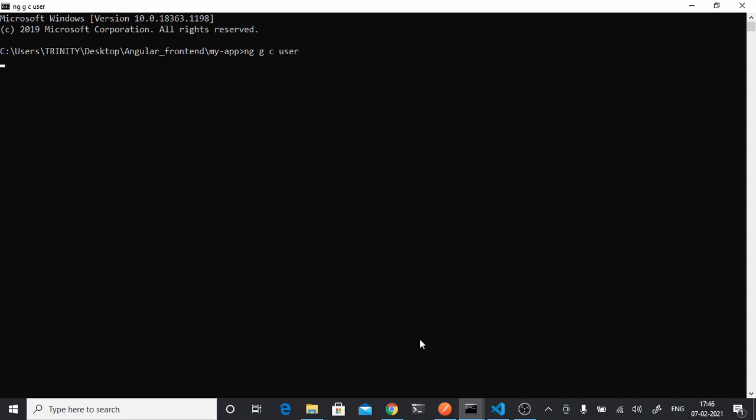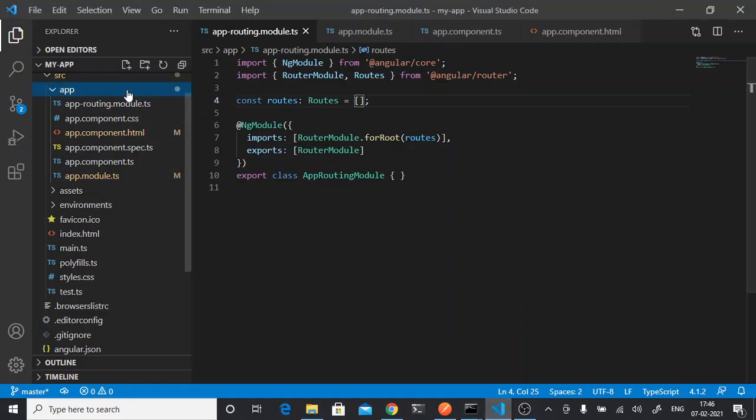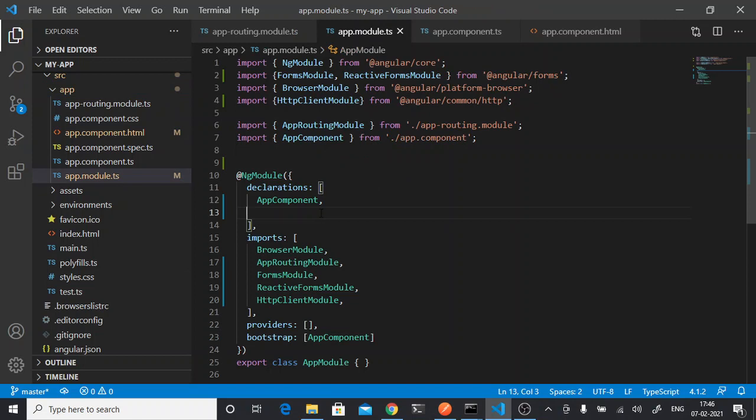So enter. Once it is built, it will come over here, and in app.module.ts you will automatically get the declaration once it is made.